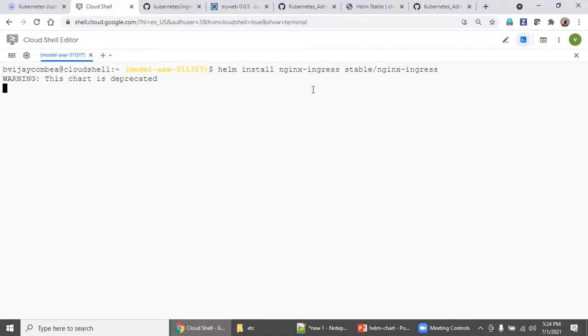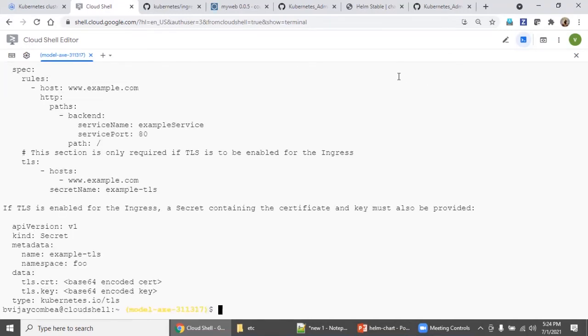So this chart is getting installed, and there is some domain name. Remember, in this chart, in this service.yaml file, they have mapped www.example.com, right? So we have deployed. Now we need the load balancer IP, right?